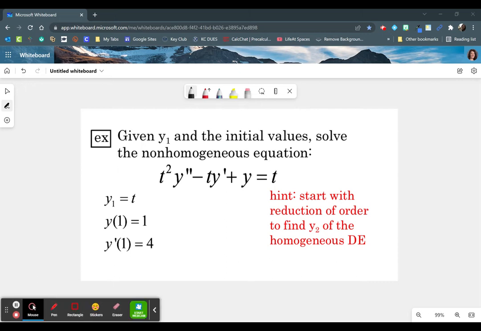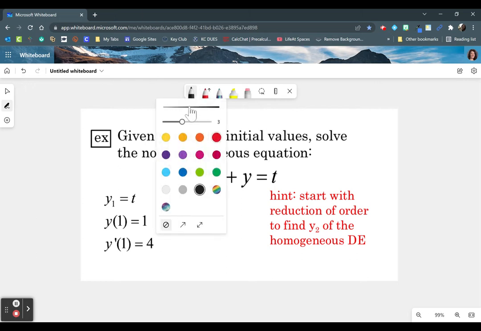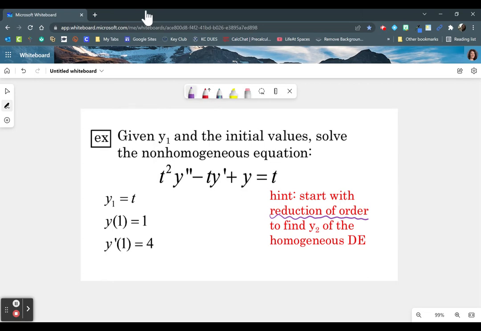We are going to combine a lot of things we've been working on, including solving non-homogeneous equations using reduction of order and our initial value problem that you can see here. So it's been a little bit since we've done reduction of order methods. So part of this will be to review going through that again, because you can see that's our hint here. We only have y sub 1, and so we are going to need to use this method in order to